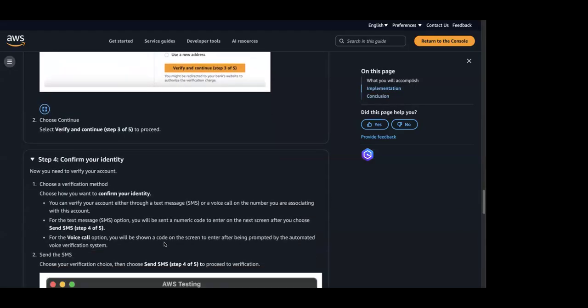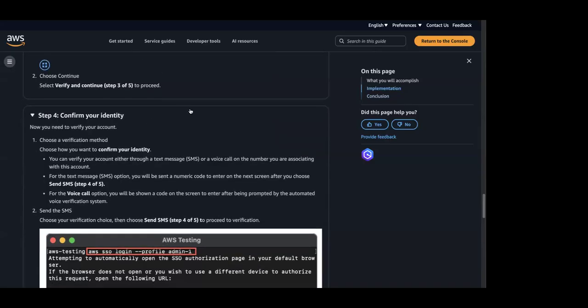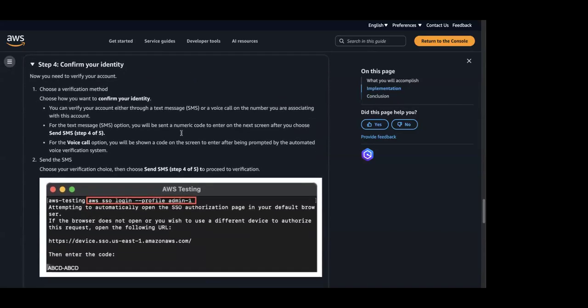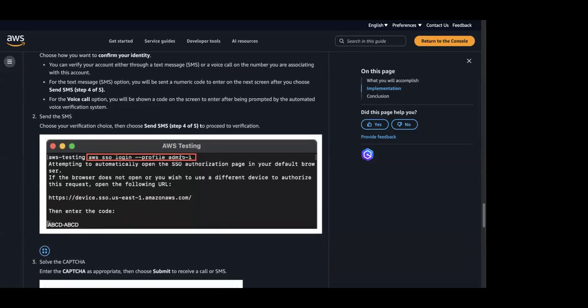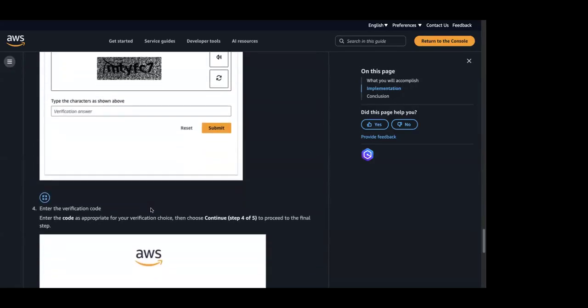Then it says confirm your identity. Typically, you can get an SMS or voice call. This is very handy because the mobile number is important. So you need only two things, email ID and mobile number. I think that is something which everybody has. And once the verification is done,